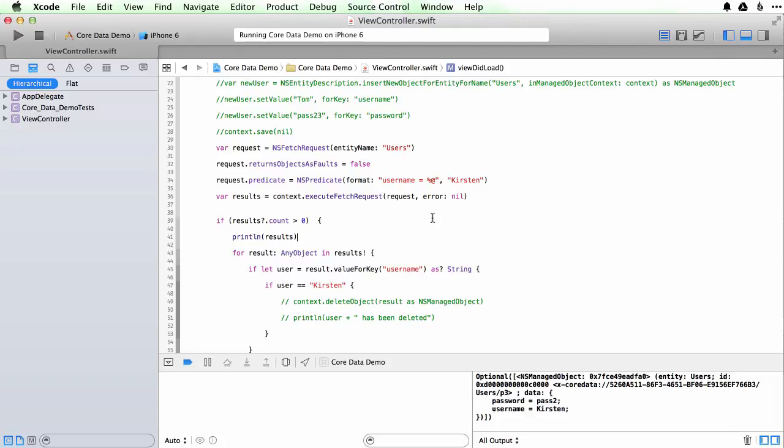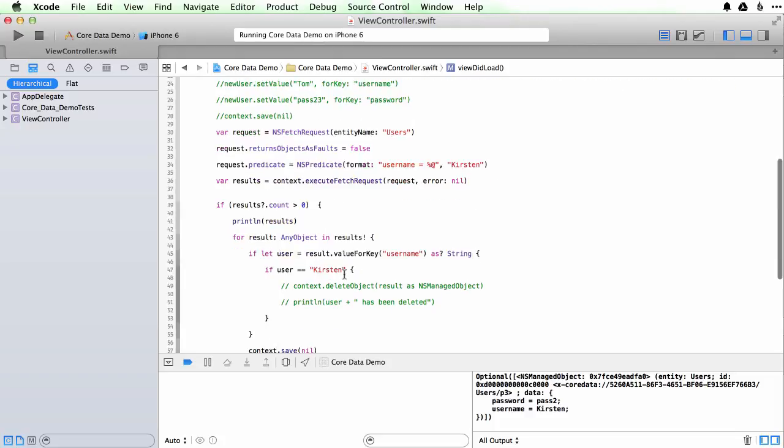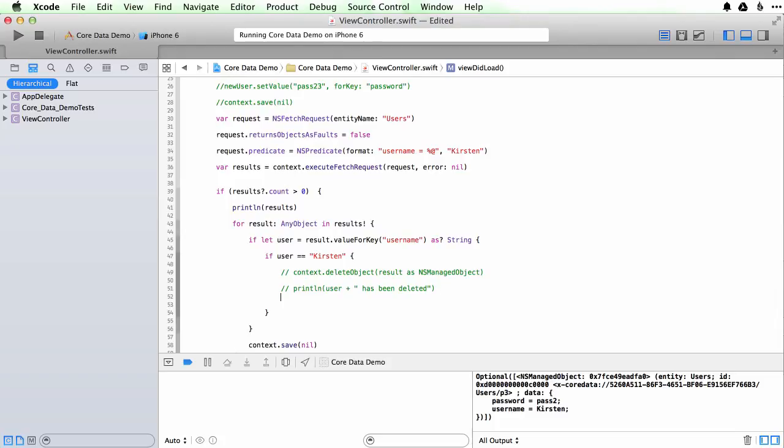Great. The last thing we're going to do is update an item which is already in the database. I did mention this earlier. We're going to change Kirsten's password. So we'll keep the setup as it is, again, so that you've got all the code in the next lecture, but we know that this is going to return only Kirsten from the database, and then this bit of code checks whether the user is equal to Kirsten. So we can put our updating Kirsten code in here because we know that it will only be Kirsten that triggers this statement. So all we do is say result.setValue,